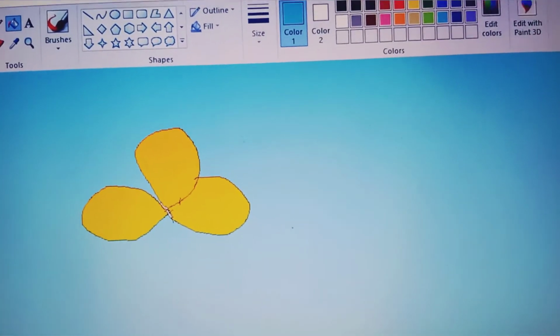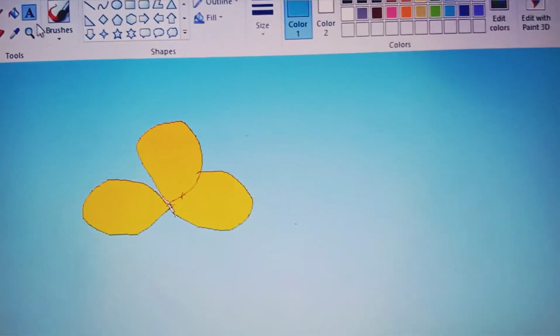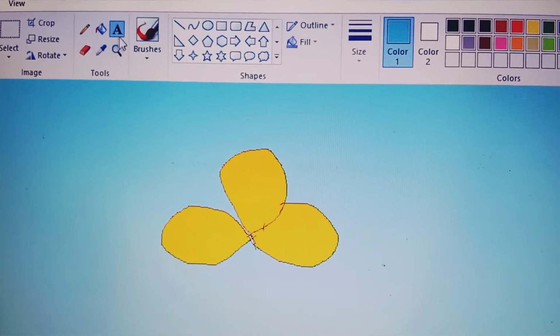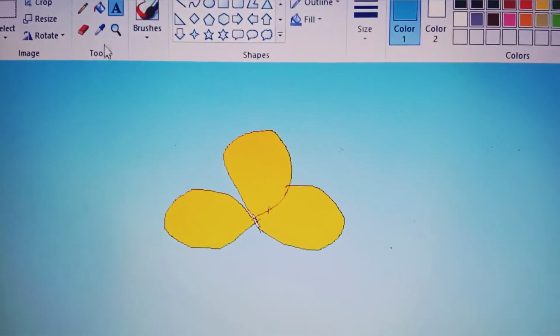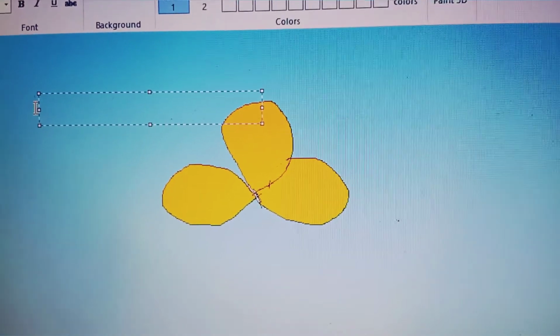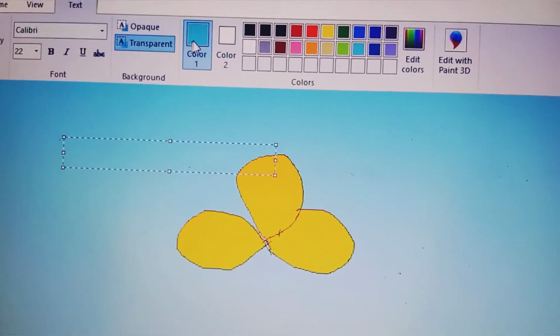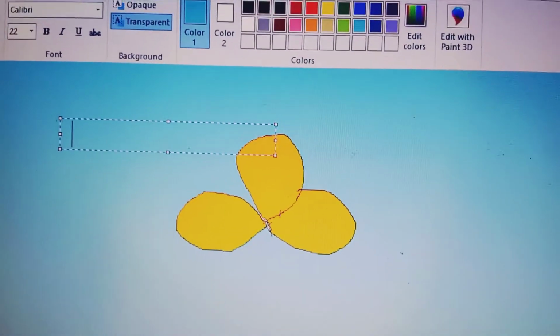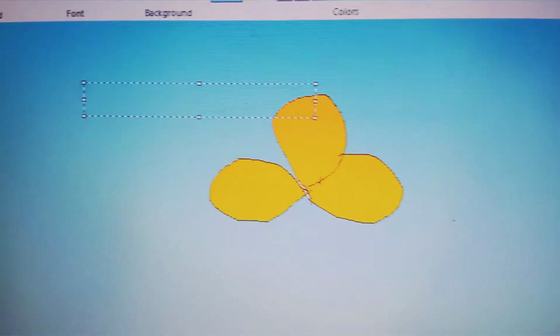Now come to the text tool. This one is the text tool. When I click on it, it is selected. You can see the blue square. After that, when you click on your screen, a dotted box comes and a cursor is blinking. Here color one is sky color, which means whatever I write will come in sky color. It is not visible, right?